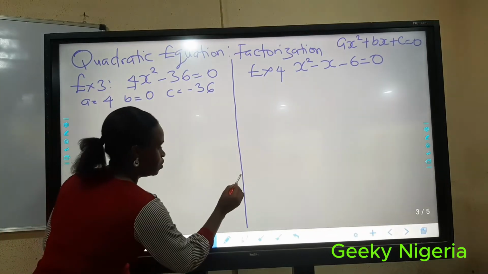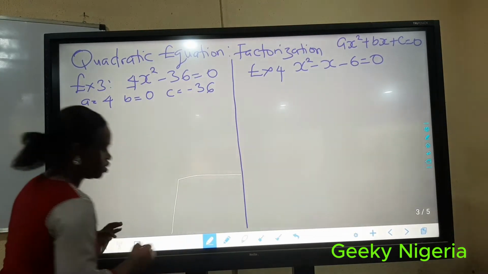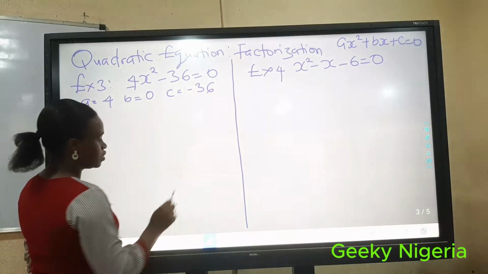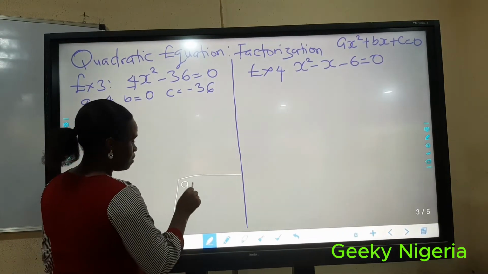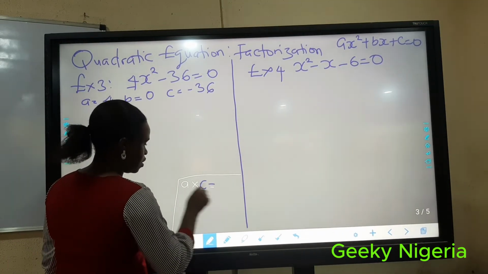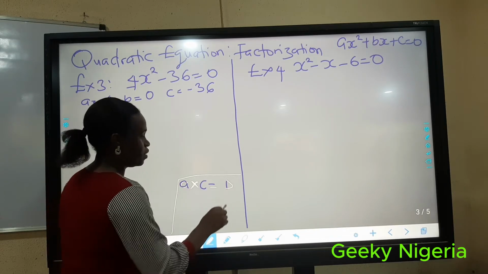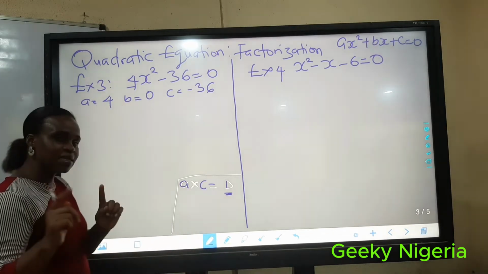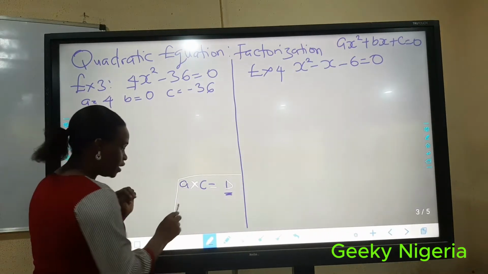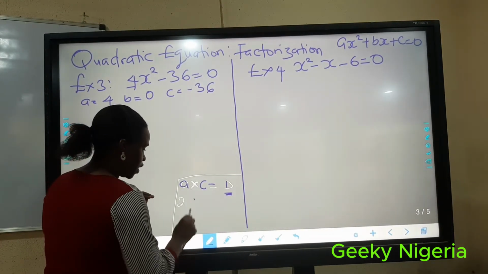So our two important steps to solve this. Let me put it down here. I'll just put it somewhere short here. Easy to solve it. First, multiply a by c. That's to solve factorization. A by c. Whatever I get as your answer, you keep it. The next step, find what? Find two values, two factors,